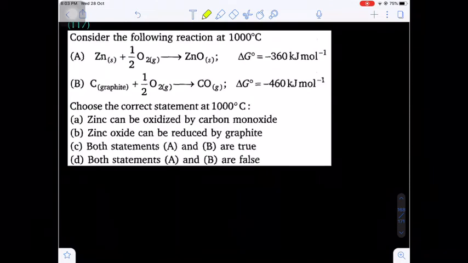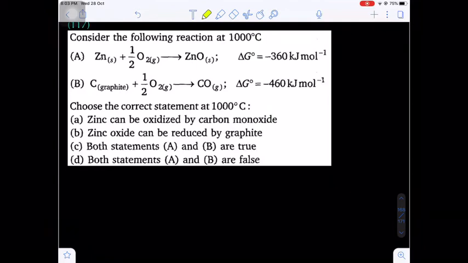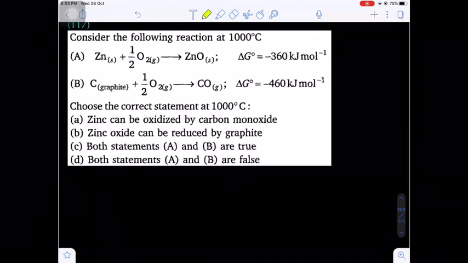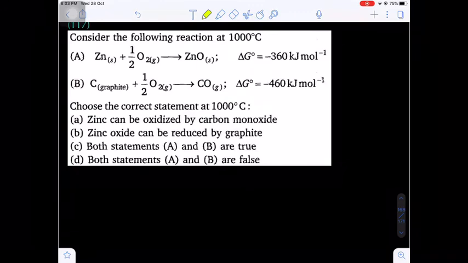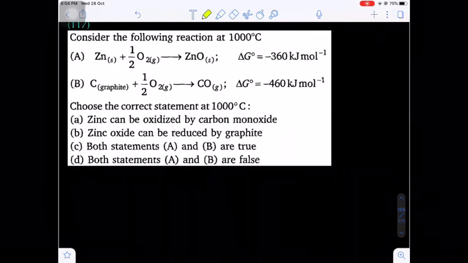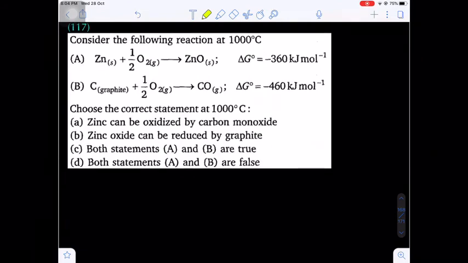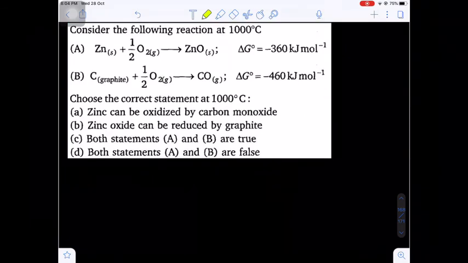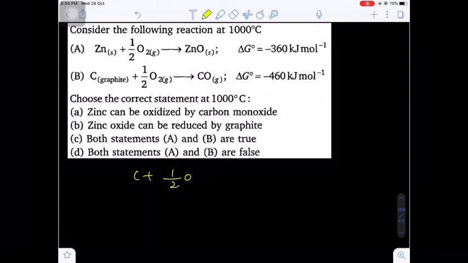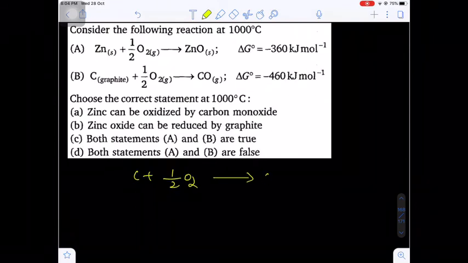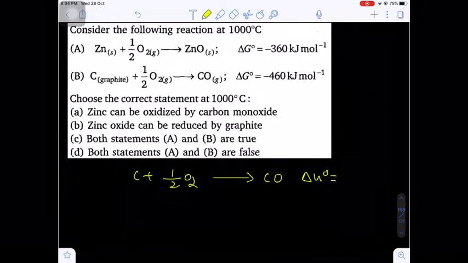The ore which is collected from the natural source, the ore extracted. Most of the metals occur in the metal oxide form. So if the metal oxide is finally reduced to metal, then we can get the metal. So what are the substances used to reduce the metal oxide to metal? The best example, coke is a good reducing agent. That means graphite is a good reducing agent which reduces the metal oxide to metal. Now in this reaction if you observe, carbon gets oxidized to carbon monoxide. Yes or no? C plus O2 is oxidized to what? CO.